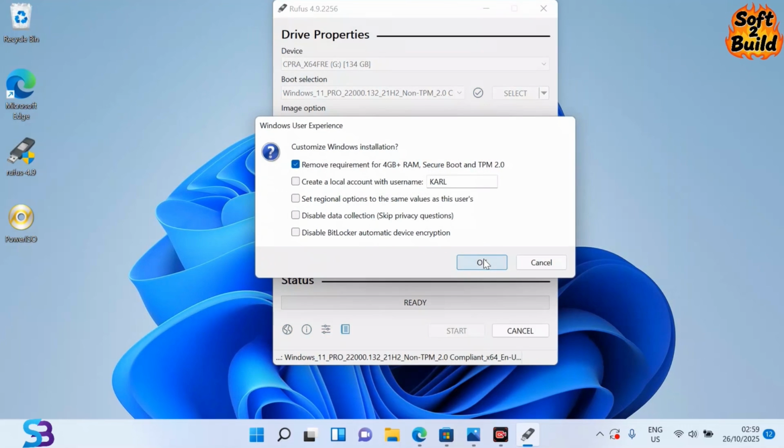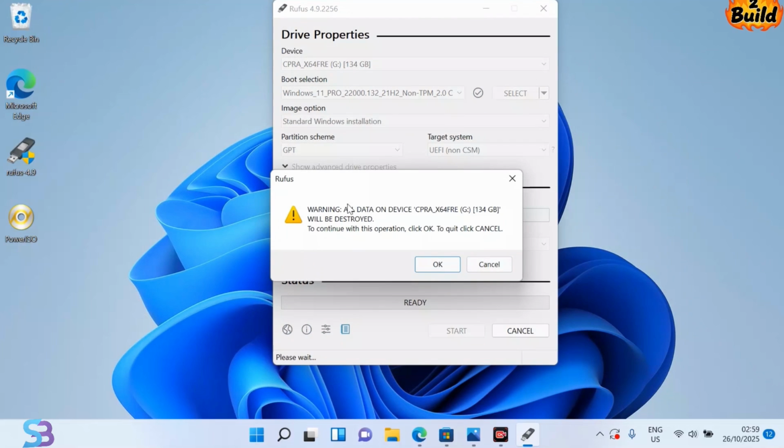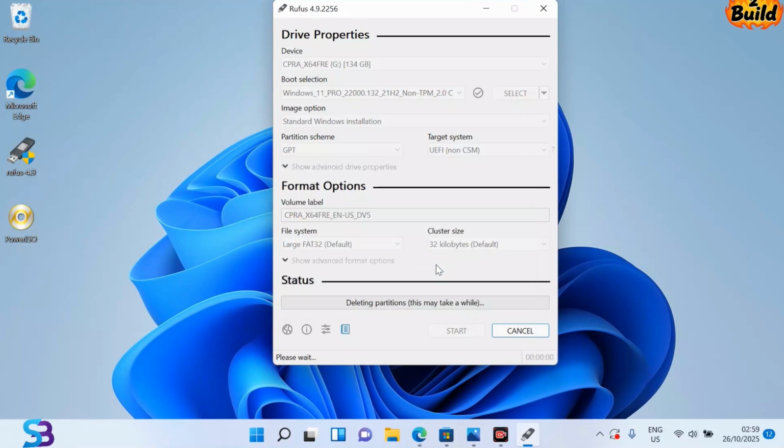Keep this same, okay, and then it will prompt you that it's going to delete everything on the flash, so make sure you don't have any data you need and press OK. And then we shall leave our process to run up to 100%. For this tutorial we shall speed up the process,